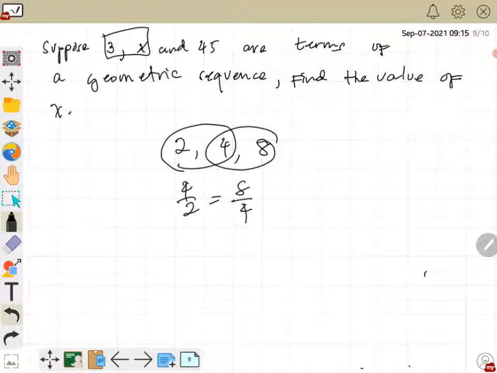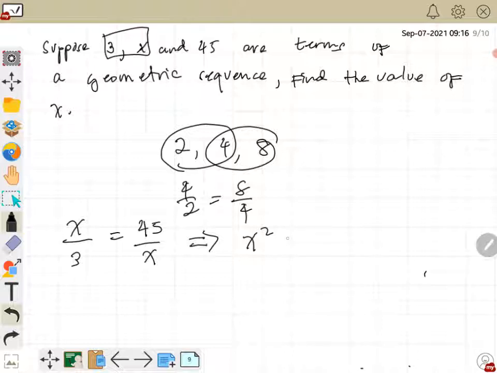You say x divided by 3 is just the same as 45 divided by x. So by basic algebraic manipulation, this becomes x squared